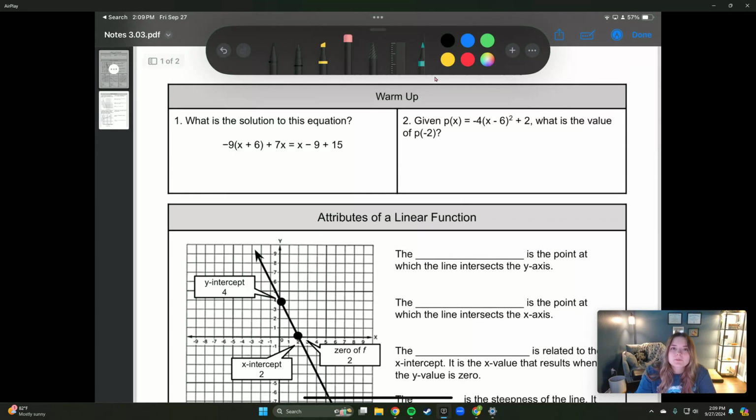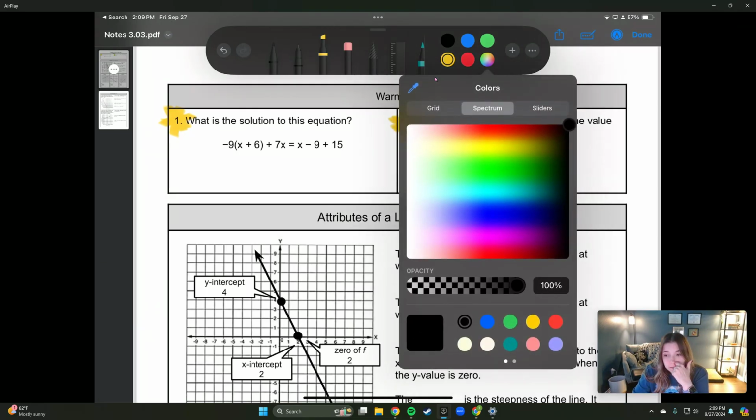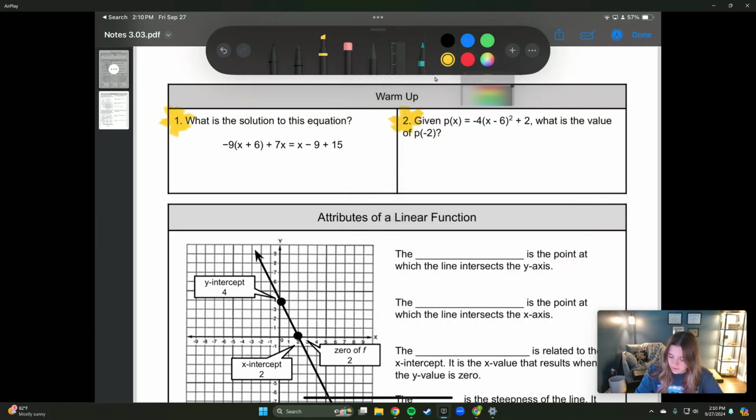All right, friends, let's look at notes 3.03. You are going to take care of the warm-up yourself. That's why it's a warm-up. It's for you to test out and try on your own. Get your brain moving and grooving. Don't forget to get those done and to follow along because you are going to be putting these in your